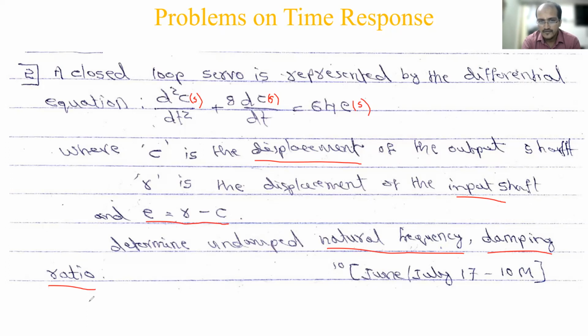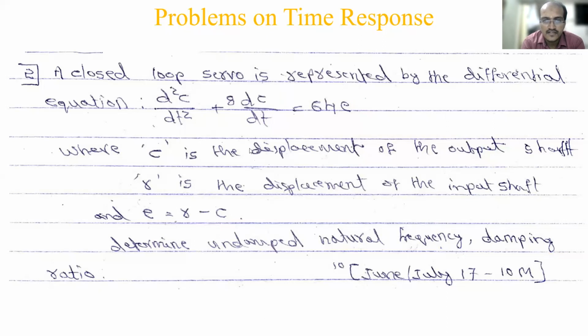So what you need to do? You have a differential equation given here. First you have to substitute the E value. E value is R minus C. You have to substitute here. Then you have to take the Laplace transform of this. So Laplace transform in differential domain property you have to use. You will get the C of S and here you will get the R of S term. Then take C of S by R of S, that is the closed loop transfer function. You will get a standard transfer function. Then you can easily compare with the second order transfer function and you can calculate the zeta and omega n. Okay. So simple, problems are simple. Only thing is to understand and analyze it carefully.